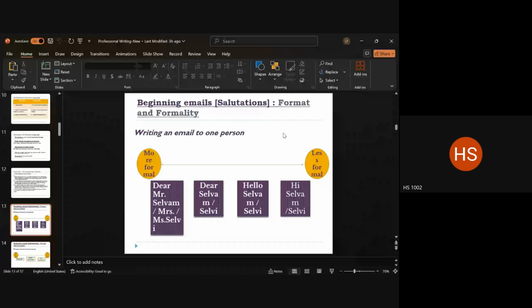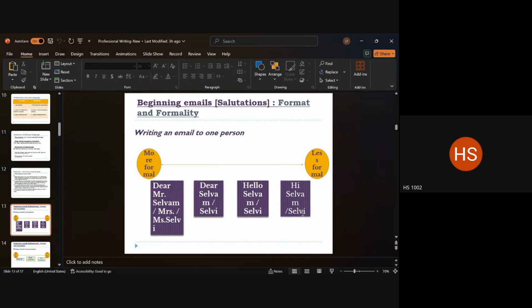So for them, they have two choices. They either do the second choice, which is Dear Lida, or they use the third one, which is Hello Lida, because we are at the same level. We know each other. The last one can be written by someone who is familiar with me and is more of a close acquaintance. My relation with them is not strictly formal. They're my friends or my colleagues, and we share very good familiarity with each other. In this case, the last option comes in, Hi Lida, right?